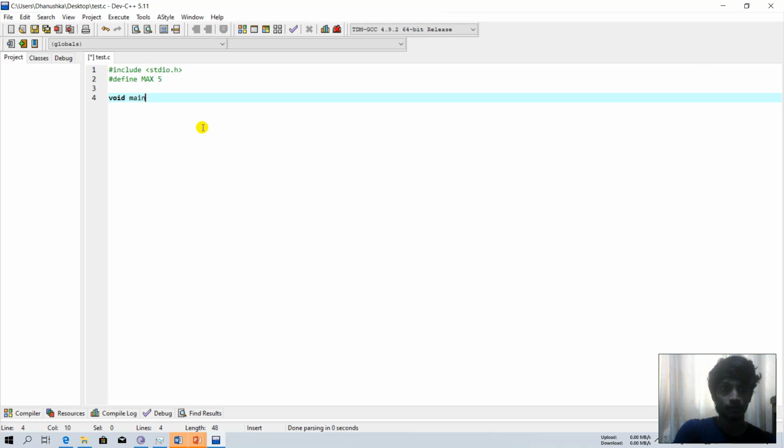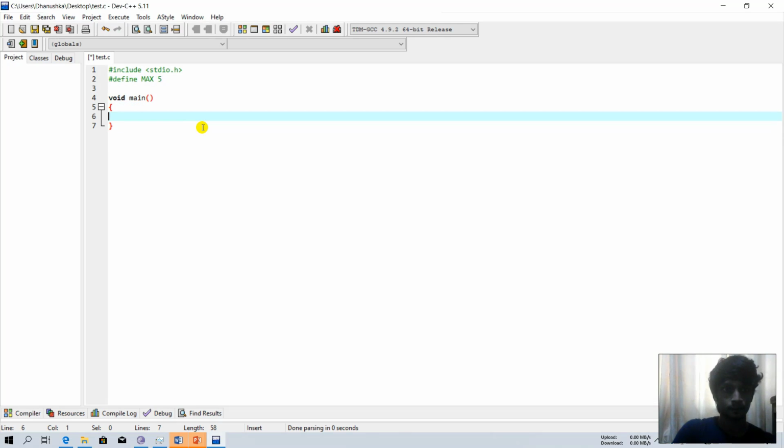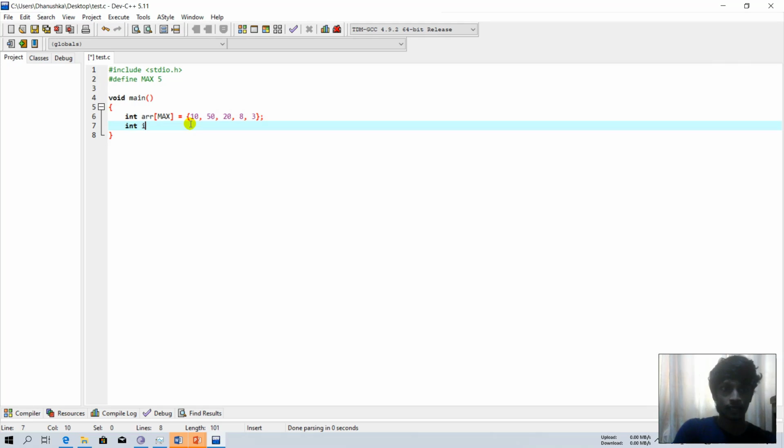Then we can call the void main function, then some integer array like this, let's say 10, 50, 20, 8, 3, like that, 5 values, and int i